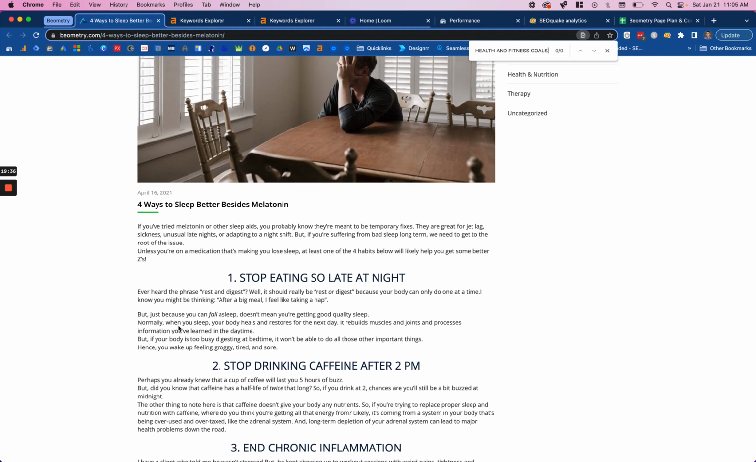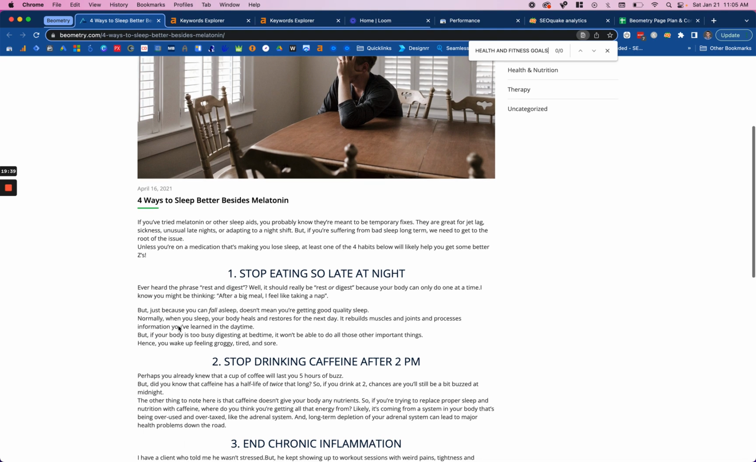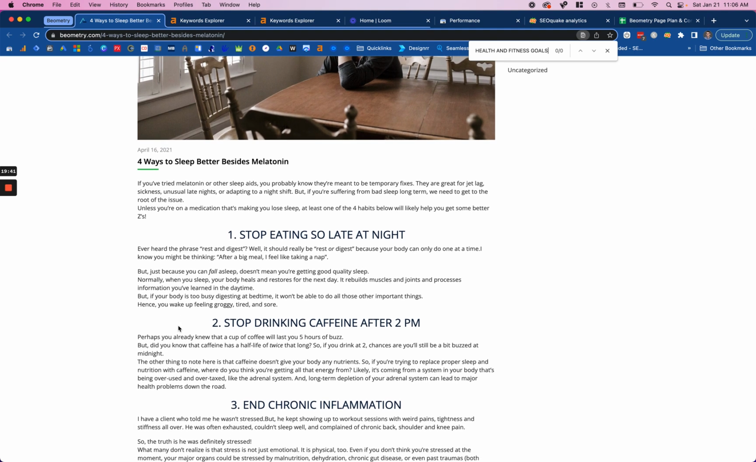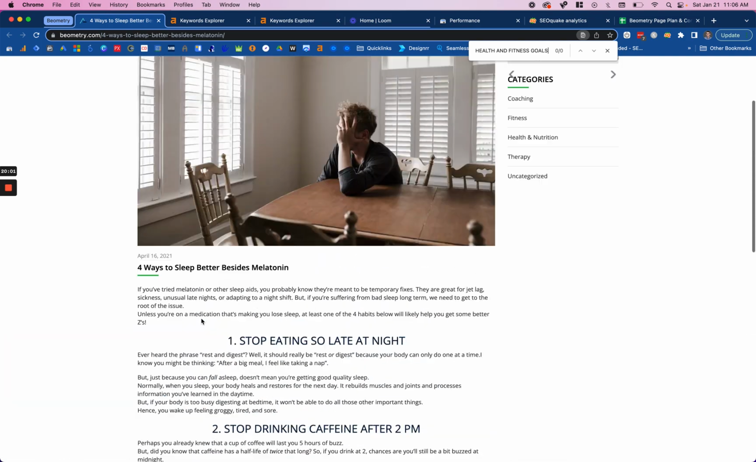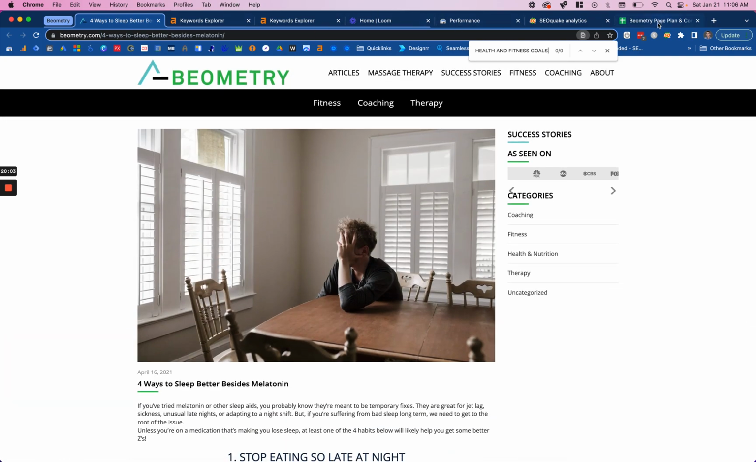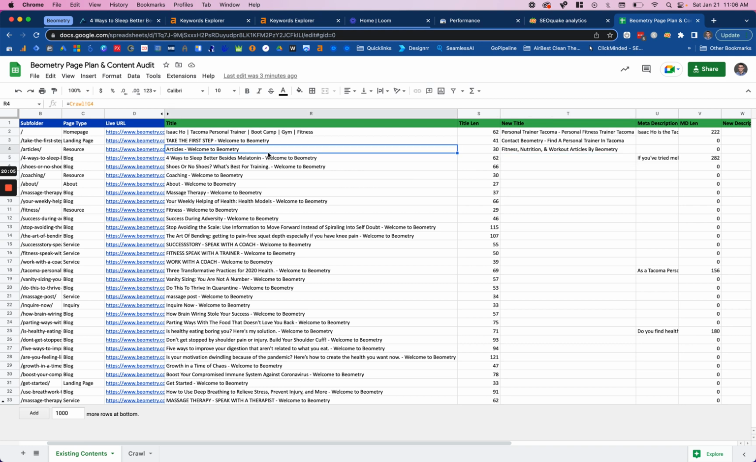Let's see. What we have to figure out here is, do we want to focus on natural ways to sleep better? Or is the whole point of this to not use melatonin? And I really think that the point of this page, without speaking to the client, is that they really want to stop people from using melatonin, or at least get them to consider just living a healthier lifestyle. And so I think that we're going to go with that route. So let's try